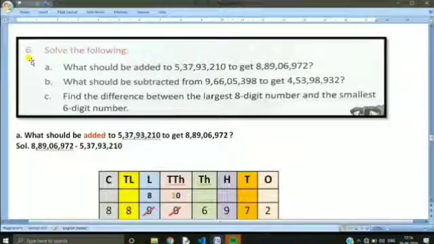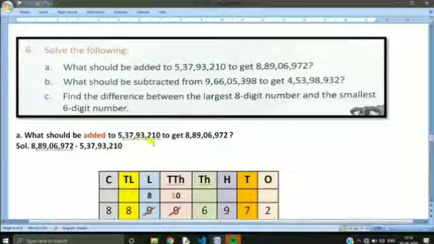So, question number 6. Solve the following. A sum: what should be added to 5 crore 37 lakh 93,210 to get 8 crore 89 lakh 6,972? The meaning of this question is, what number do we have to add to the number 5 crore 37